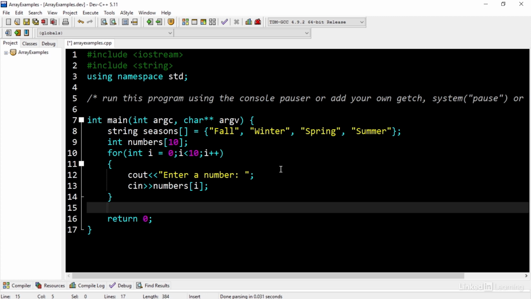So I'll go ahead and add a second for loop. Let's do int i equals 0, while i is less than 10, i plus plus. And right after that, I'm just going to say cout numbers bracket i bracket. Because I only want to do the one thing, I don't have to use curly brackets around the cout statement. So for that for loop, it will execute the cout command every time until i gets to the number 10. All right, let's just go ahead and run this and see how this works.